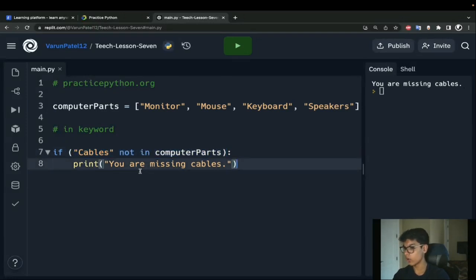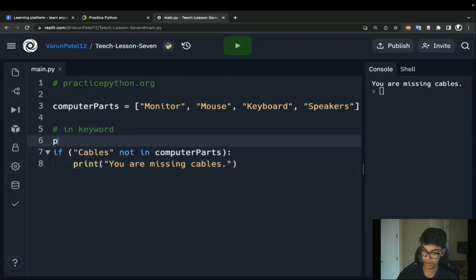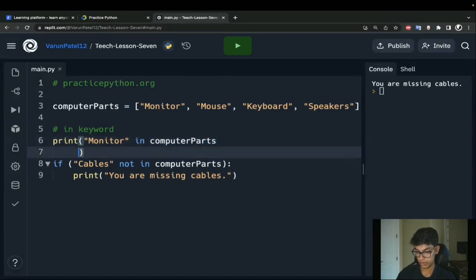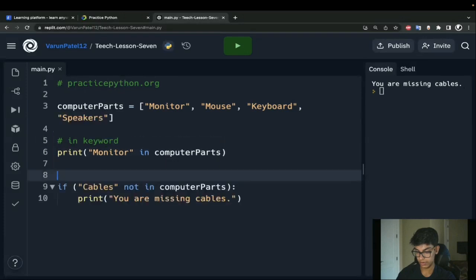Luke asks, does it only exist within if statements? Well, that's where it's most commonly used. Remember, our in keyword is used sort of for our Boolean expressions, if that makes sense. So if you remember, if I just go ahead and print monitor in computer parts, oops,